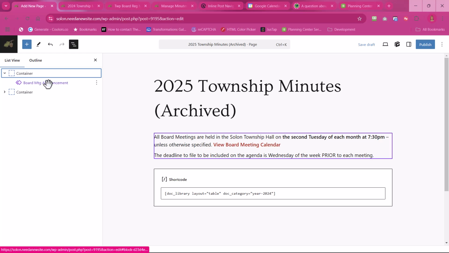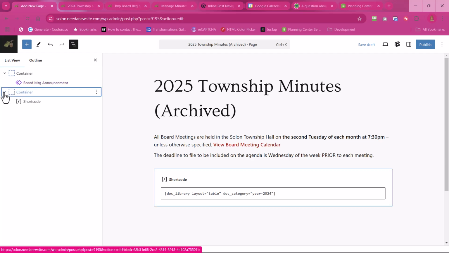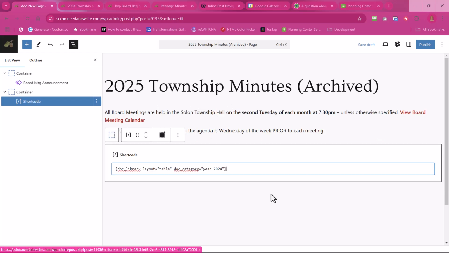So if you change this one thing, every page that it's on will synchronize with it, which is really handy, so that you can just make one change and it shows up throughout the site. In the next container, we have short code, and this is already set for you. We'll put in the document library. The only thing you need to do is change that to the current year, which would be 2025, and then